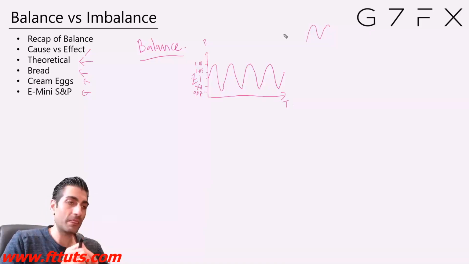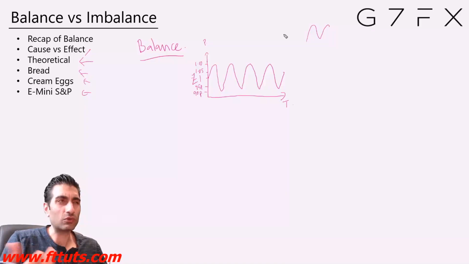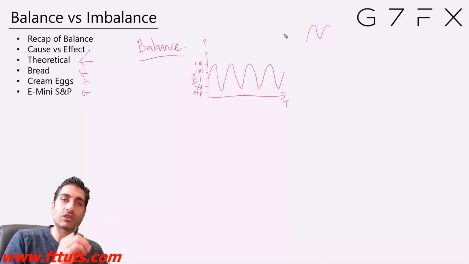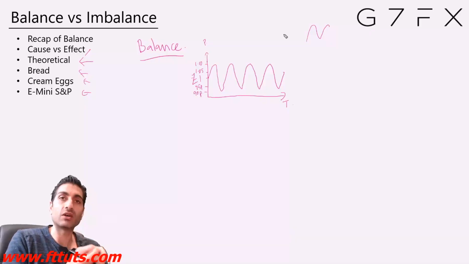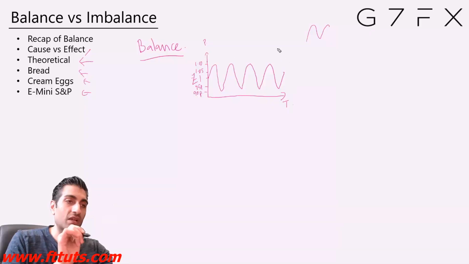It may not be Federal Reserve announcements, although of course that will have a tiny impact on some goods and services, but it's going to be more underlying structural changes in those particular products, and we're going to talk about that. But here, I just want you to understand, I'm just talking about gyrations around the current